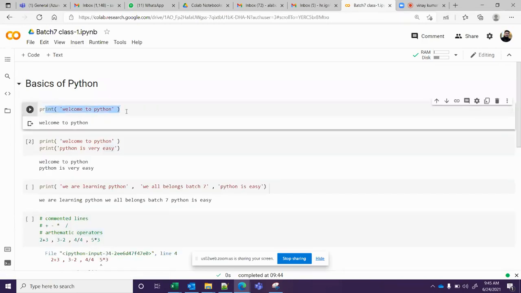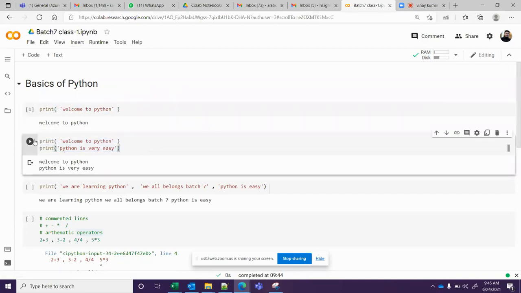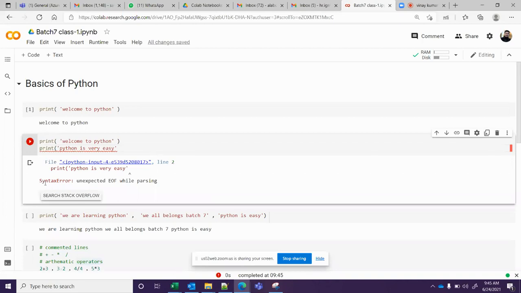In each cell, you can write one statement or multiple statements. Whenever you want to execute, Control Enter is also one of the shortcuts you can use to execute the cell. If by mistake you write something that is not a valid Python command, it throws an error. What is a syntax error? Please remember, you also learn Python by looking at the errors. You should not ignore the errors. There is a lot of information to learn from them. It says here, syntax error.